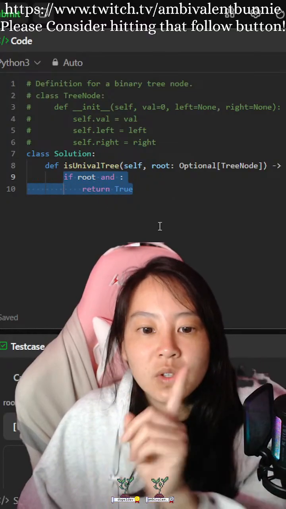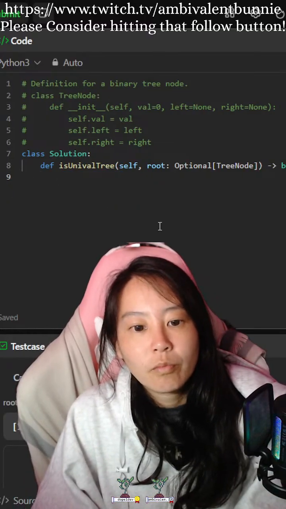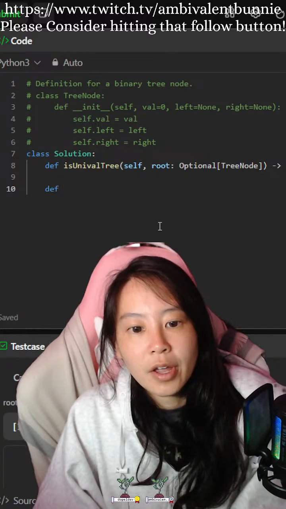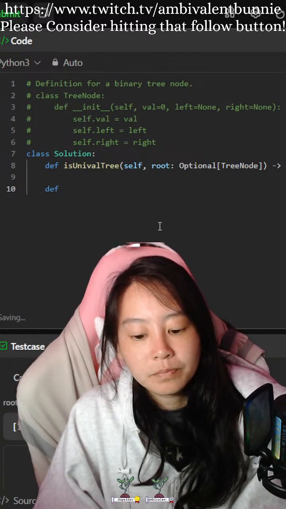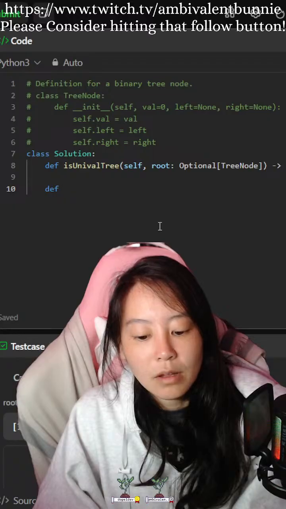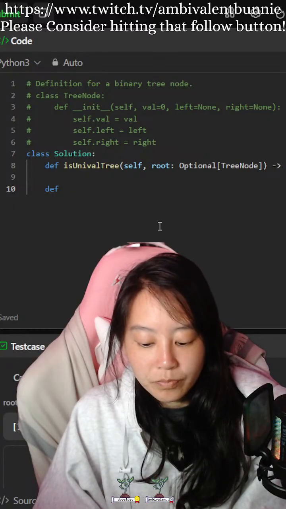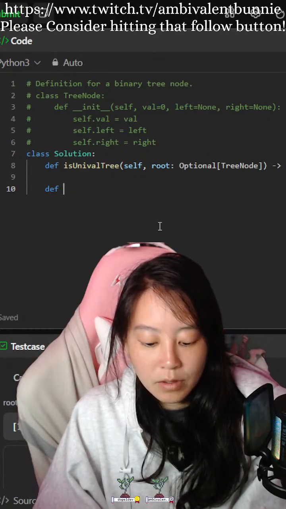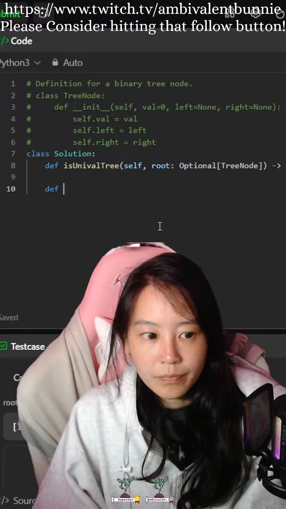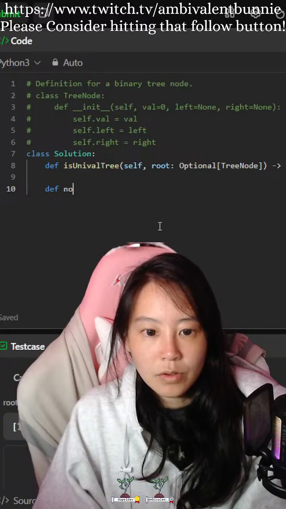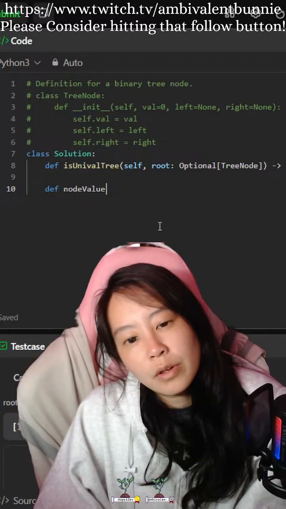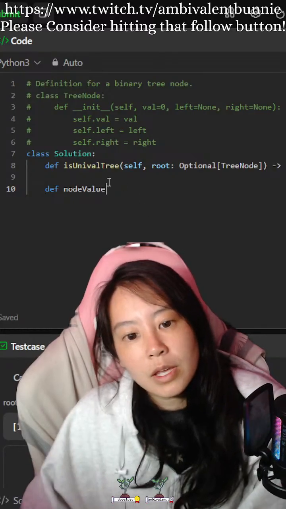Actually, we don't even have to do that. Let's do define node value is node value.